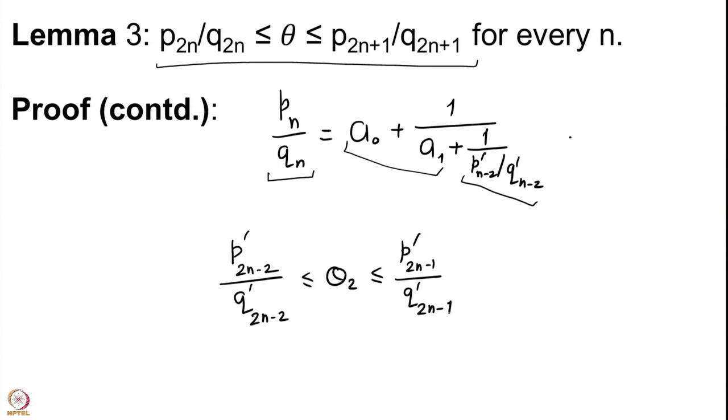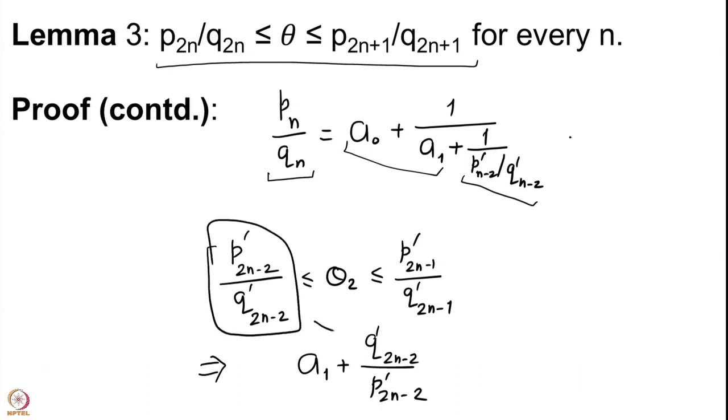If we reverse this, then we are going to get a1 plus q prime 2n minus 2 upon p prime 2n minus 2. Note that this is nothing but the reciprocal of this one. This is the reciprocal. So, we will have it to be bigger than or equal to a1 plus theta 2,